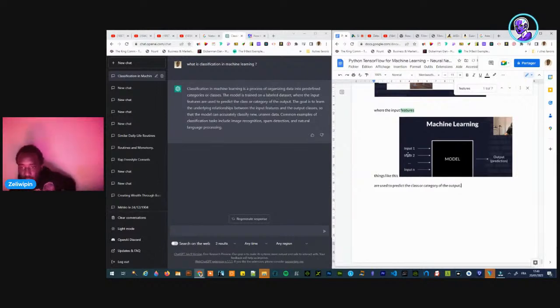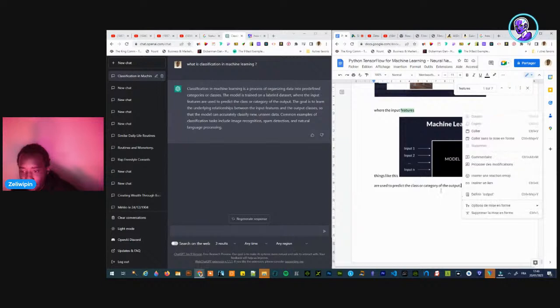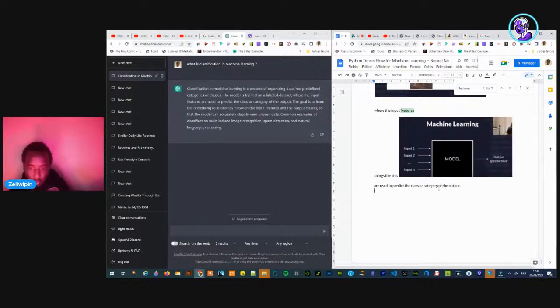Input features like this are used to predict the class or category of the output. So you put in input features, and they give a class or a category.